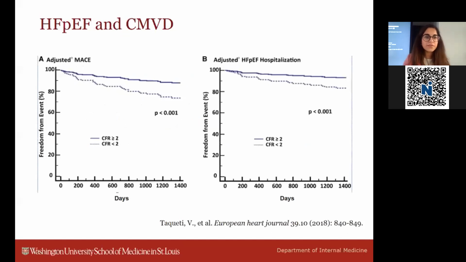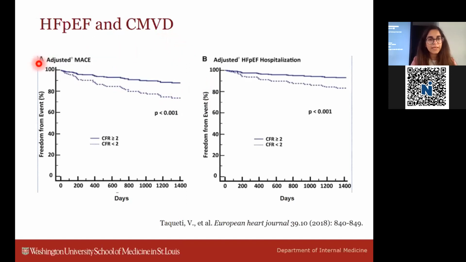Let's go over these graphs here that show how CMVD is implicated in HFpEF. Let's focus on the graph on the left here. On the y-axis, you see freedom from event. The quicker you go low, basically, the worse it is. On the horizontal axis, you see days, so this is a function of time. The dotted line here is CFR less than 2, so CMVD, and the straight line here is CFR above 2, so probably no